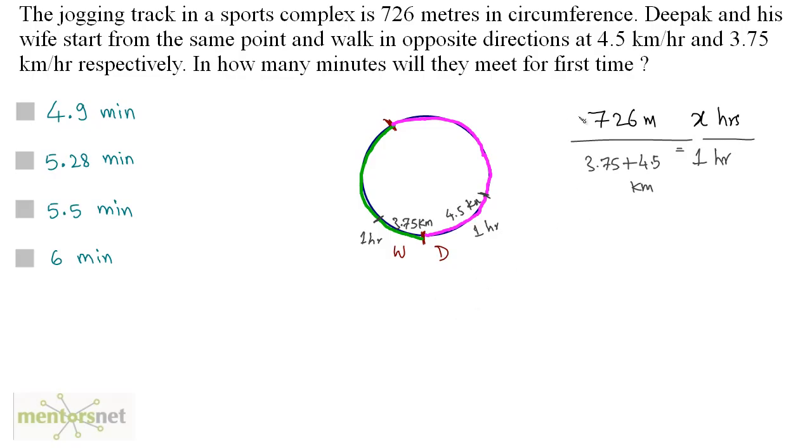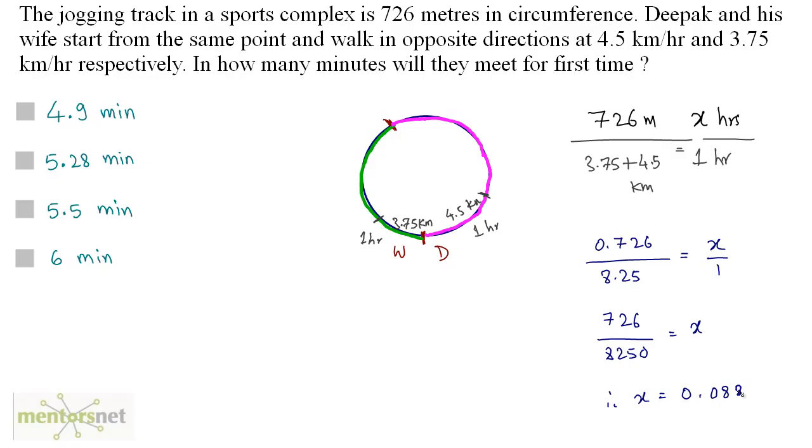Okay. Now 726 is in meters and this is in kilometers. So let us convert 726 meters to kilometers. So 726 meters in kilometers is 0.726 divided by 8.25, and that is equal to x by 1, and x will come out in hours. We want it in minutes. We'll do that later. So we have 726 by 8250 as x. So therefore x is equal to, when you divide this,